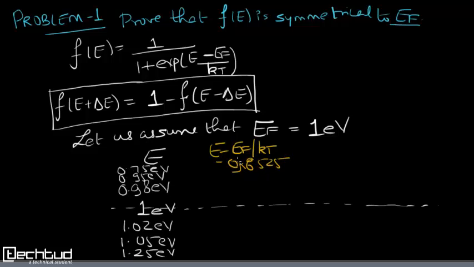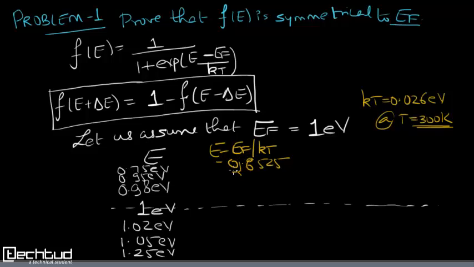You substitute EF equal to 1 electron volt and kT equal to 0.026 electron volt, and you will get this value. For E equal to 0.95 electron volt, when you substitute, you will get